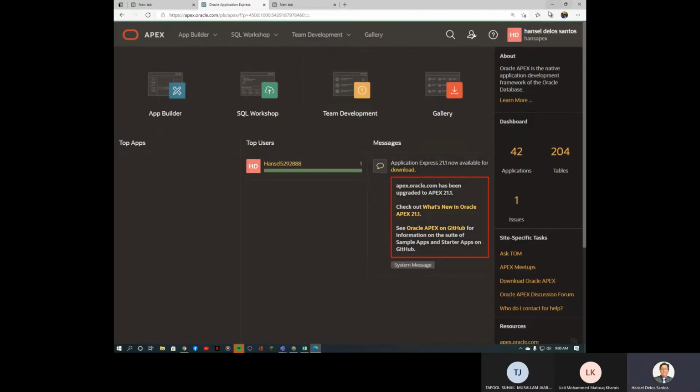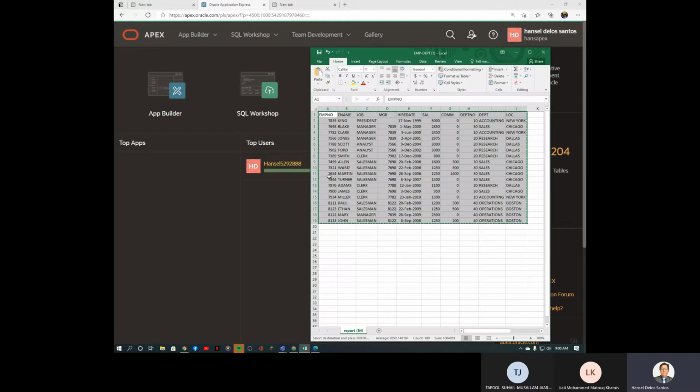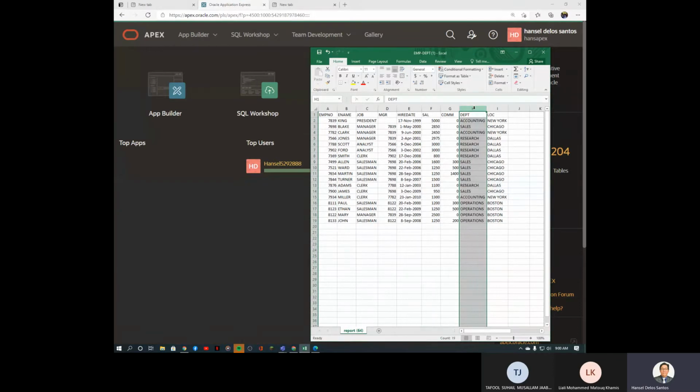Since I have already captured that part, by the way, this department number is already there. It's 10, 30, by tens, right? We can also edit this later on, but the important thing is we need this as a primary key. If I am going to delete this department number, I will tell you why. Highlight this and then import this now to our